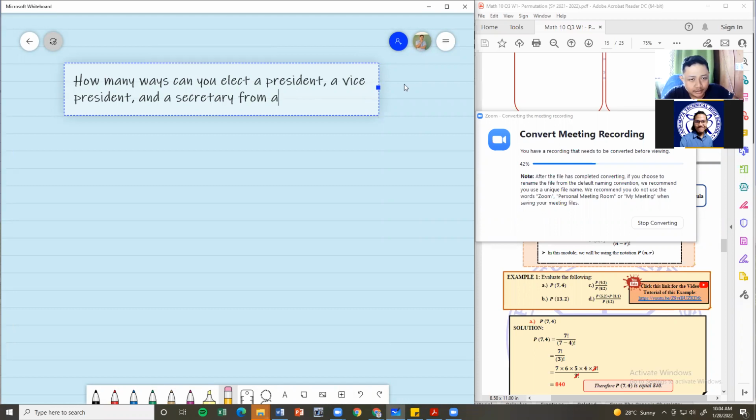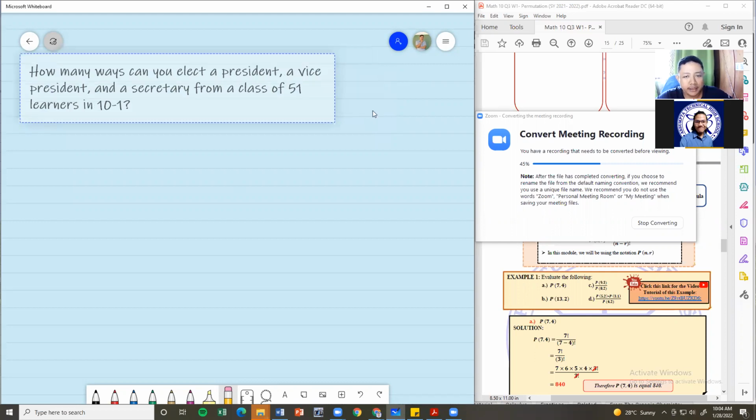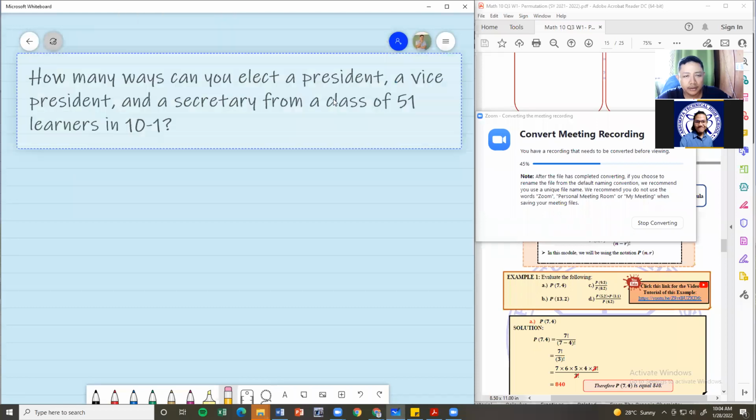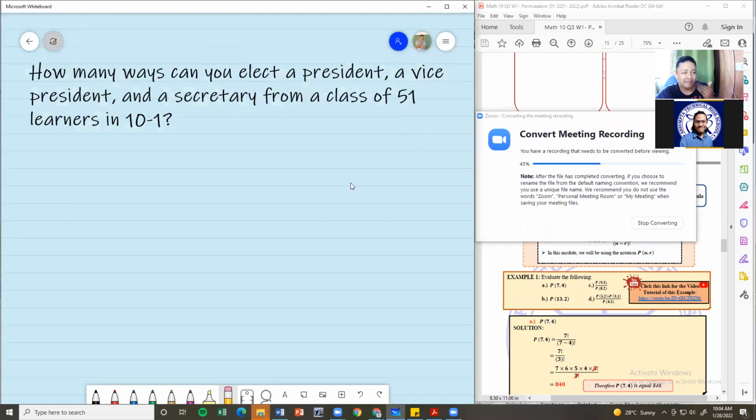from a class of 52 learners, 51 na lang kasi umalis na si Kian. 51 learners in 10-1. Game. Sige nga. Your choice. Which method to use? FCP, permutation formula, or both? Game. How many ways can you elect a president, vice, and a secretary from a class of 51